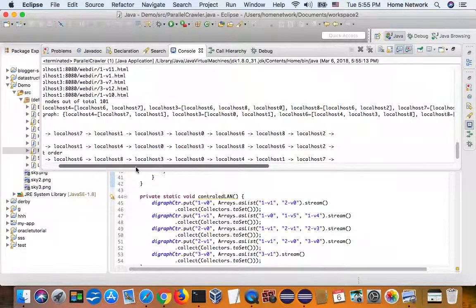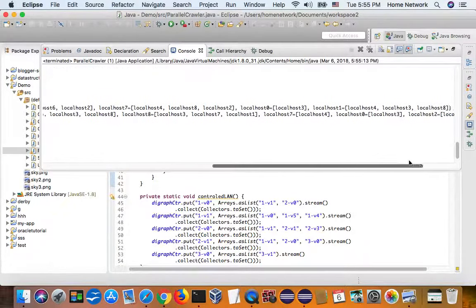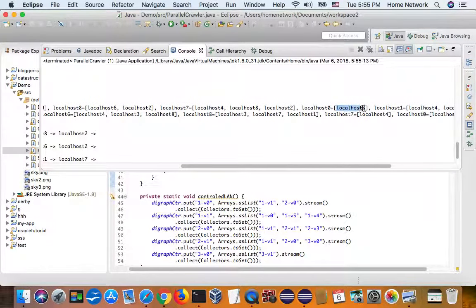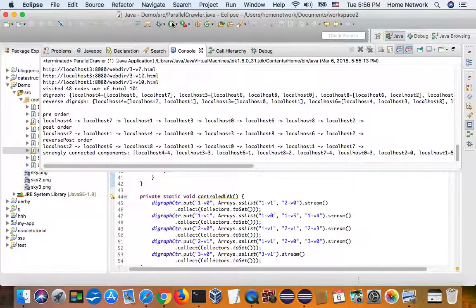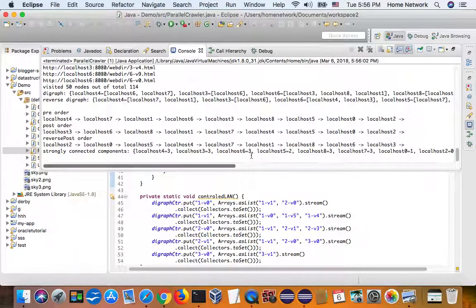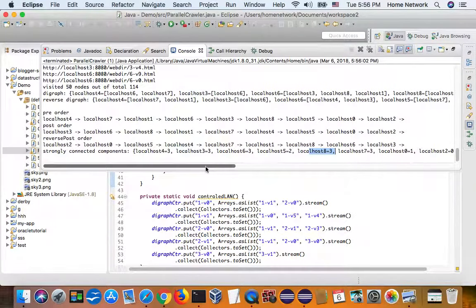So let's check. 3 has an outbound link to 0, and 0 gives a link back to 3, so they are strongly connected. Okay, fair enough. And this time we have 4, 3, 6 strongly connected, and 8 or so. Okay, there's a lot. And if we read through